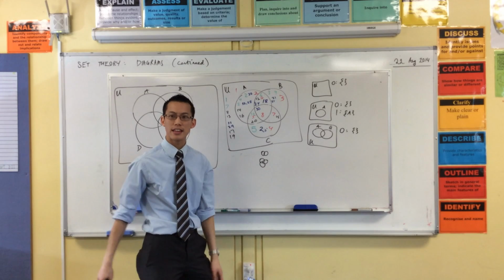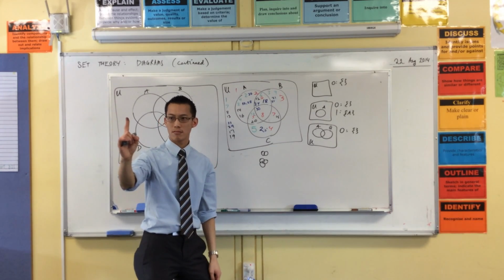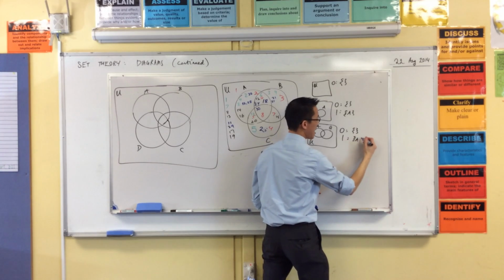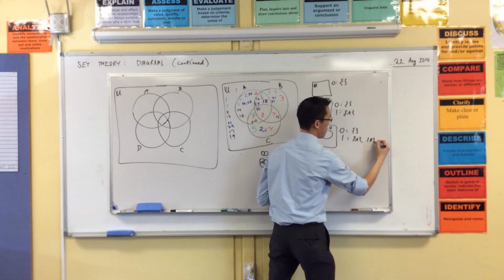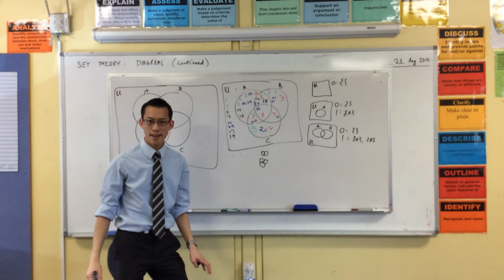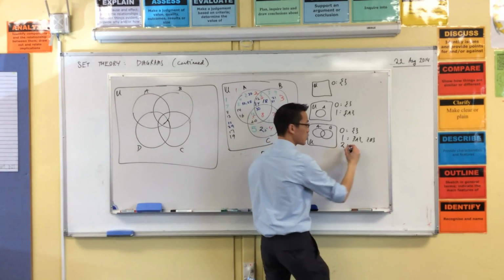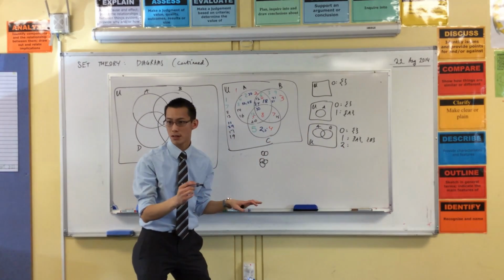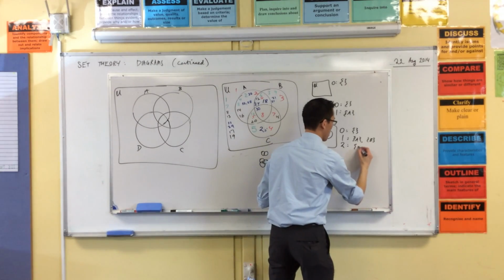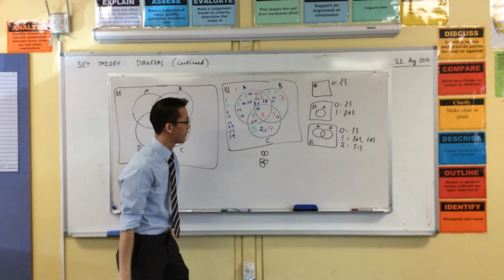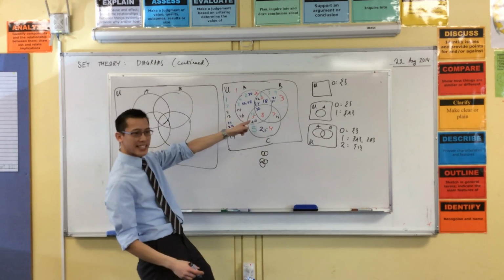How many ways are there to get just 1 set? There are 2 ways to get 1 set. You can either have A or you can have B. Okay? And then, because now I've got 2 sets, I can say, well, how many ways are there to get 2 sets? And the answer is, there's 1 way. 4 ways. Okay? So now when we got to this case here,